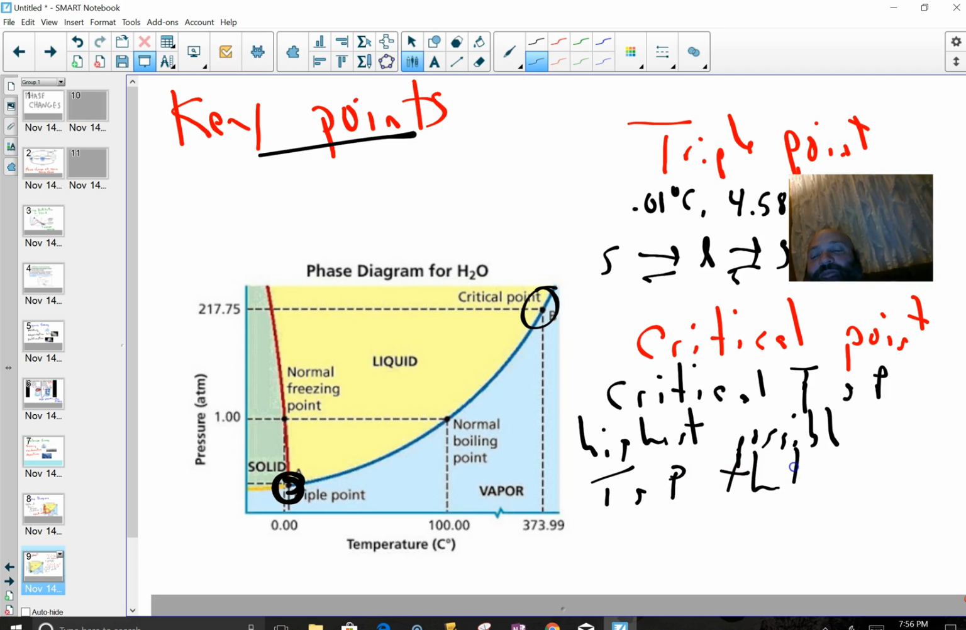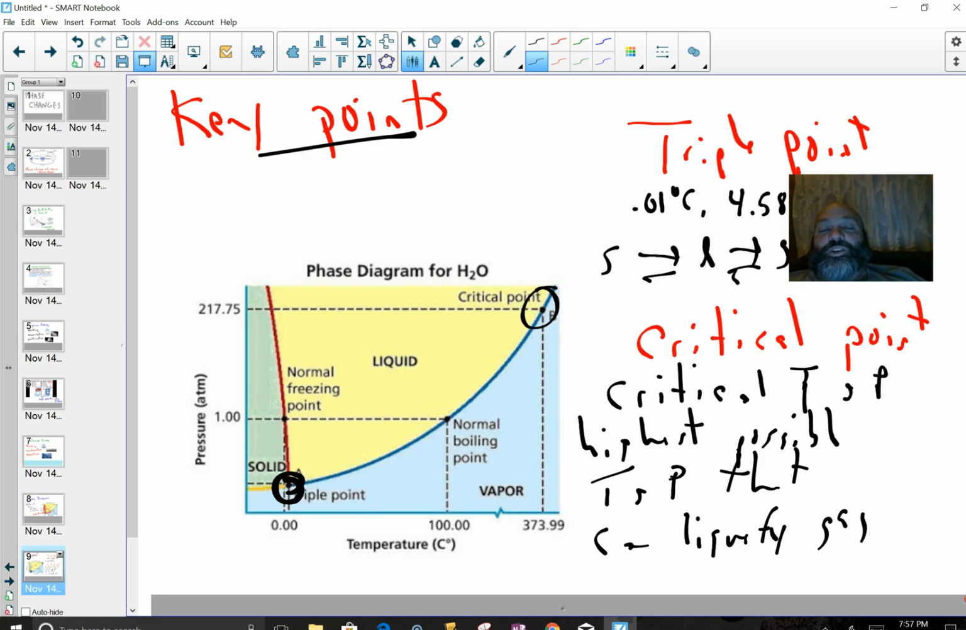that you can liquefy a gas. Above that, you can't do it anymore. We call it the critical temperature. That's the highest temperature you can get to, and the pressure at that temperature at which you can still change